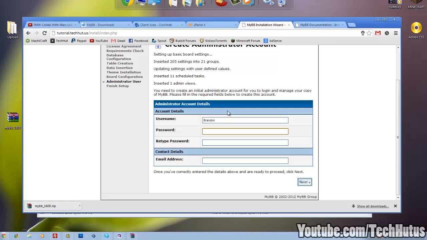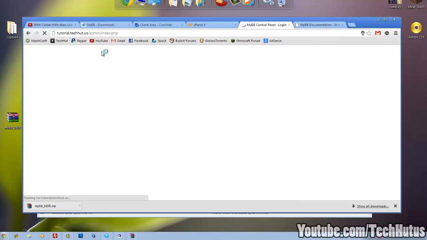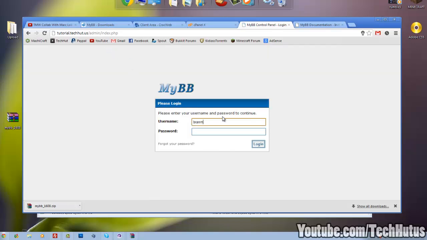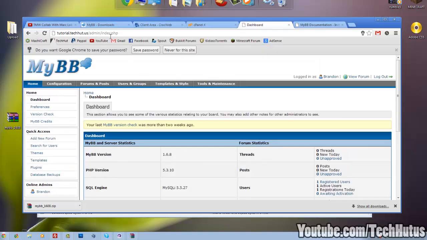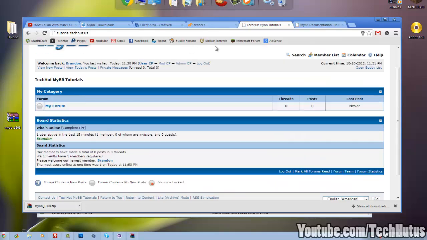So I'm just going to make that contact email. Just make that whatever your email address is. Click next, and then it's going to finish the setup, and you should be done. So now you can go into your admin control panel, edit things in here. So I could just sign in real quick. Brandon, type in my password, and then this is my admin control panel. And then if I go out of here, you can see the forum is right there, and I'm pretty sure